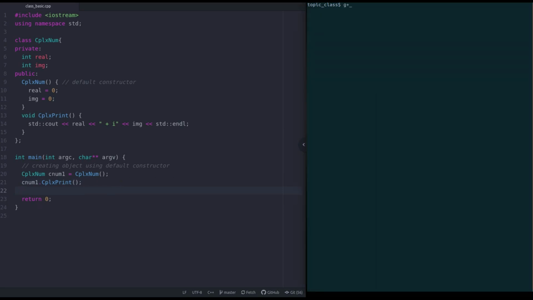So let's go ahead and build this code. So we'll type g++ -std=c++11 -w -o, then the name of the executable is, suppose, class basic, and the name of this code file. Okay, so we have the executable ready, so let's run it,